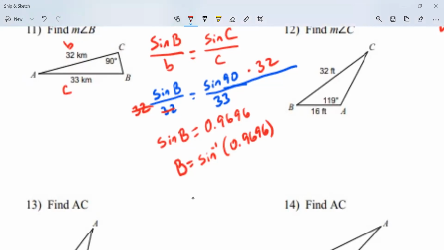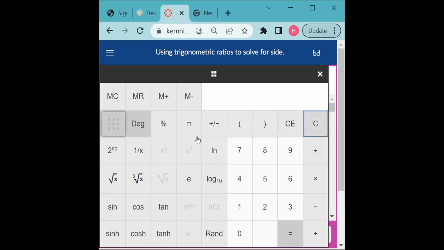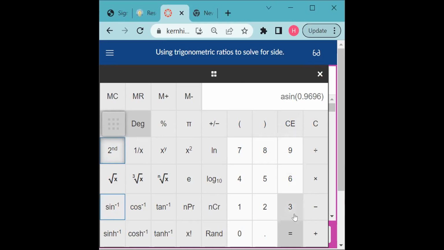So let me come back to my calculator. Let me erase this. I see sine, but I don't see sine inverse. Remember, I mentioned this little key that says second. Press it. So now I see sine inverse. My calculator says a sine because it calls it arc sine. And then I'm just going to type in 0.9696. Be careful not to round the number, because if I was to round this, it's 1 and it will give me a whole different answer. Okay, so arc sine of 0.9696, I press equal, and it says